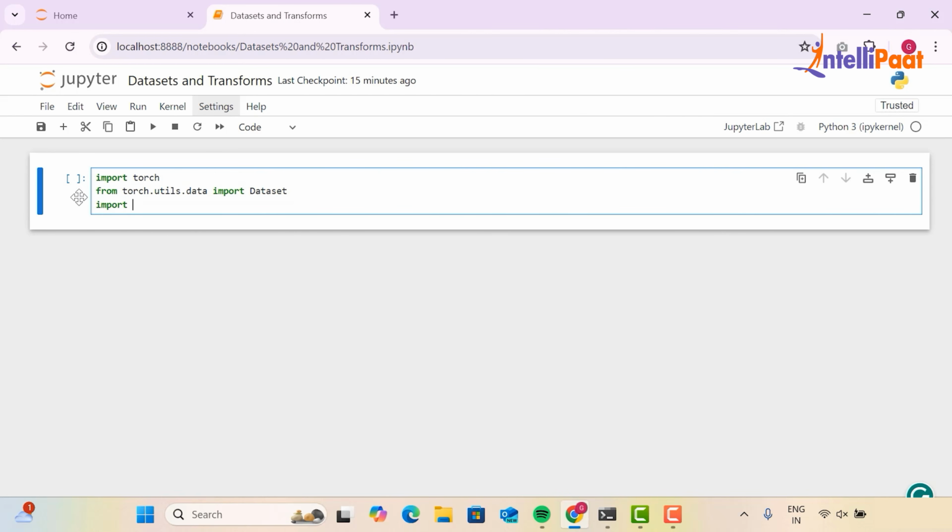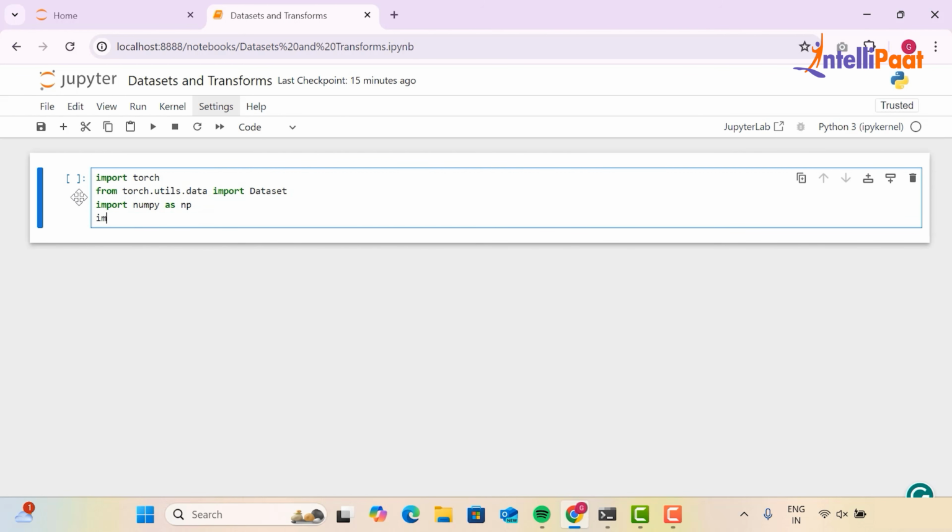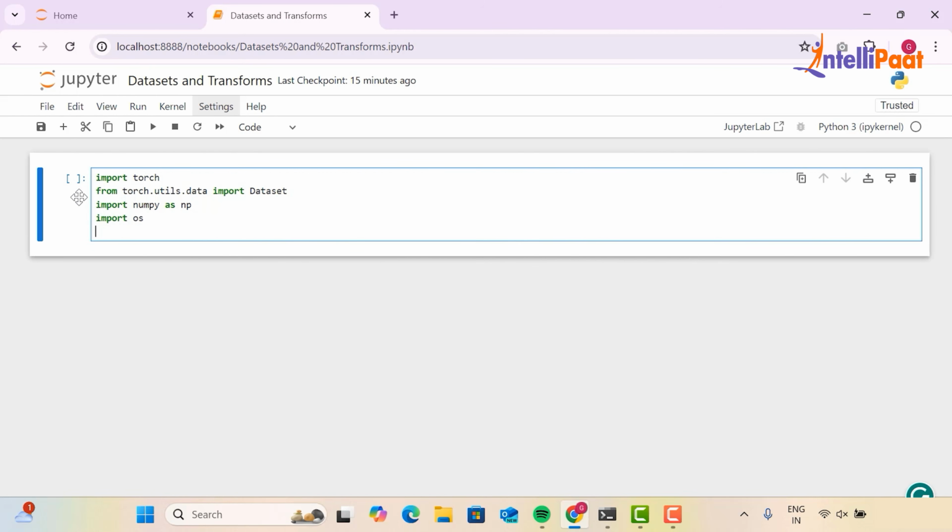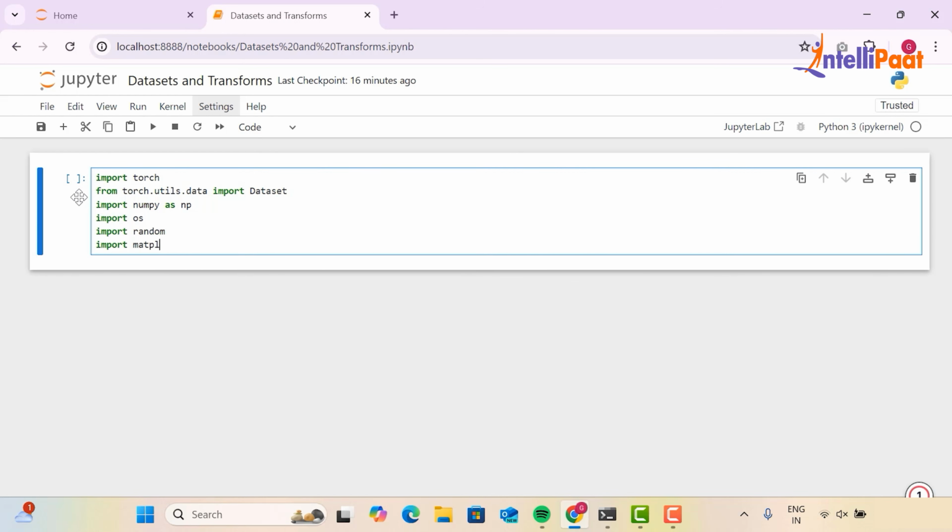Then we'll go ahead and import libraries like NumPy as np. We'll also import the library os, which is basically a library that helps interact with the operating system. Then we'll go ahead and import other libraries like random and matplotlib. It is a very important library used for visualization.